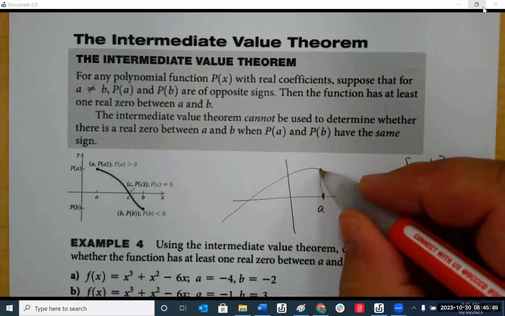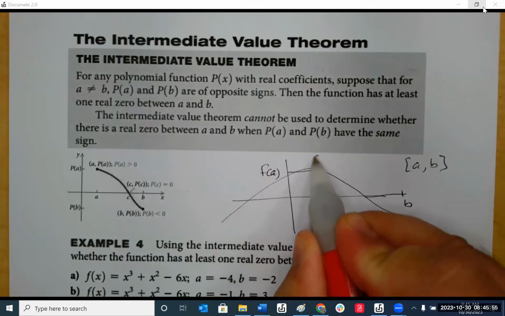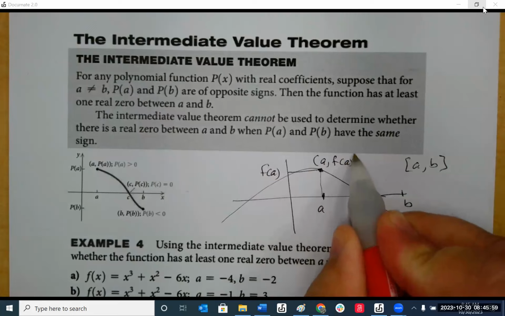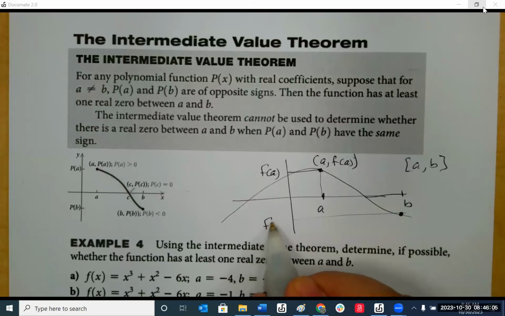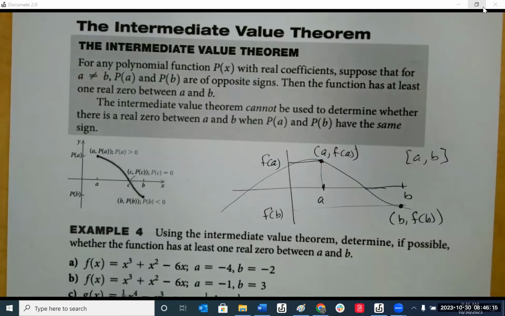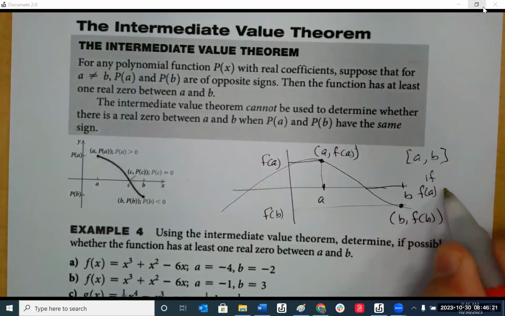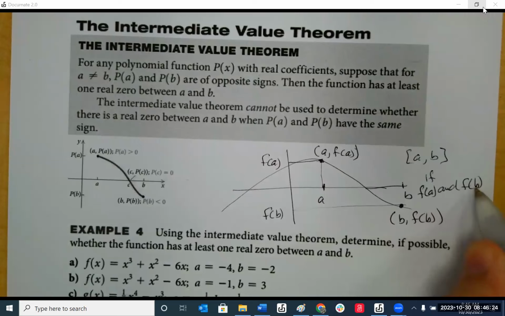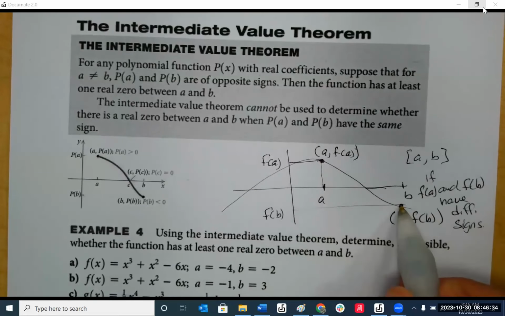So at A, we have that point. It's at A, f of A. And at B, we have the point B, f of B. So far, so good. We have dots. If f of A and f of B have different signs, in other words, if that point there is positive and this point here is negative,